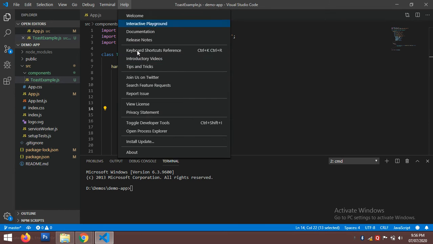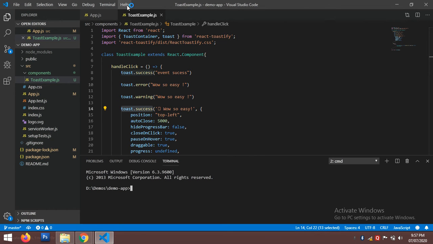Then you can see there is a help menu provided. From the help menu you can check release notes, and you can see various options to customize the editor. There will be JSON files basically. All those JSON files will be used by the editor for the configurations you made. Like if you want to update some keyboard shortcuts, I will show you the way how you can do that.